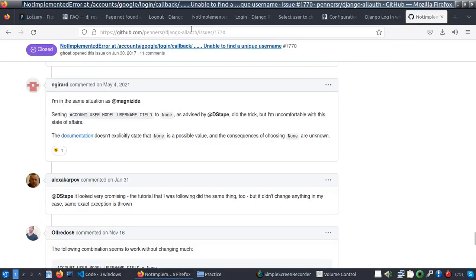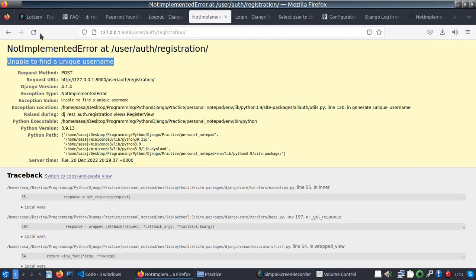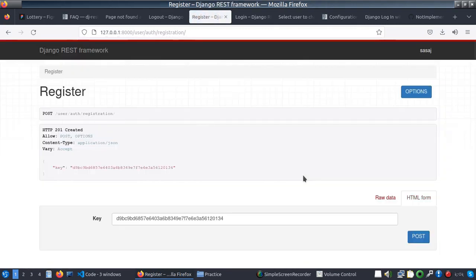Now if I try again, and now it successfully makes the registration, and now we are getting a token or key